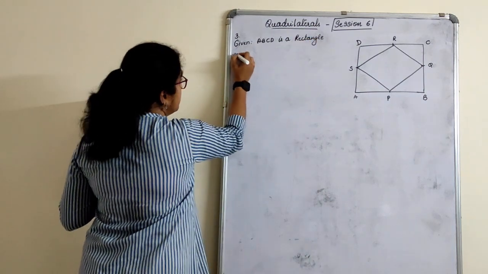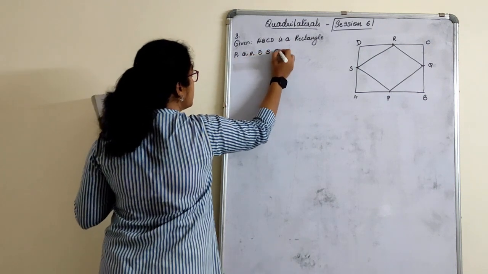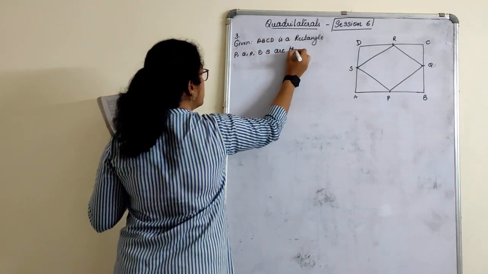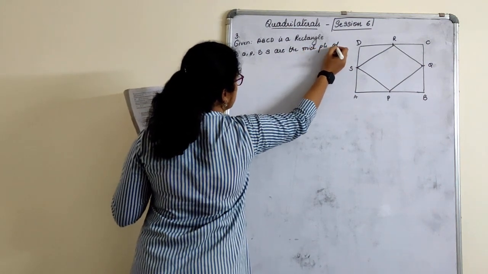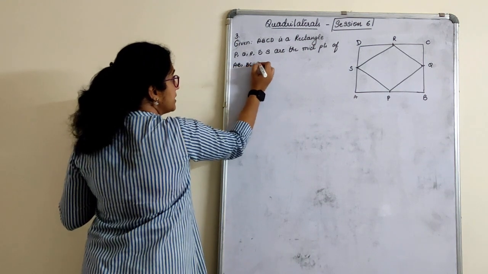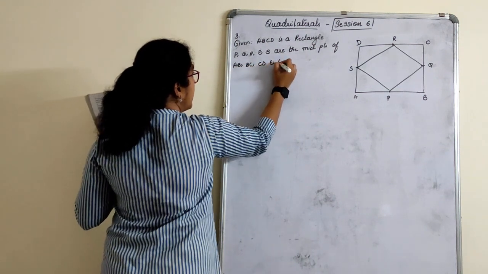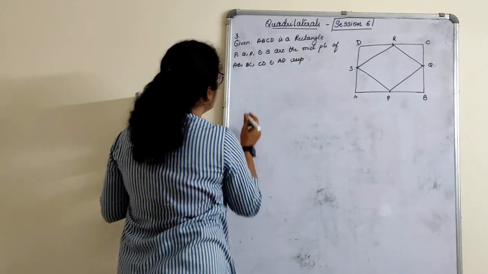Then P, Q, R and S are the midpoints of AB, BC, CD and AD respectively. To prove: